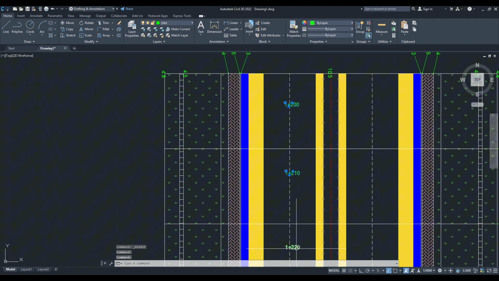Select these, copy, place them here, and now select it, copy it again, place one here,